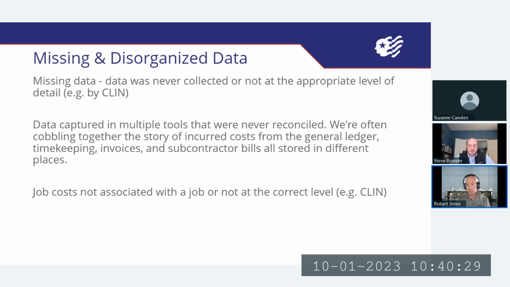And we want to tell the most accurate story, right? We want to make sure that we're presenting everything correctly. But unfortunately, we're oftentimes cobbling together information because we need a certain level of detail for Schedule K. We need a certain level of detail for Schedule I, or Schedule I and J and Schedule H. And sometimes what we find when we go to ask clients for that information is that they're pulling Schedule J information, for example, from an Excel worksheet where they're tracking their subcontractors. They might pull Schedule K information from timekeeping, which they shouldn't be. It should be coming from invoicing.